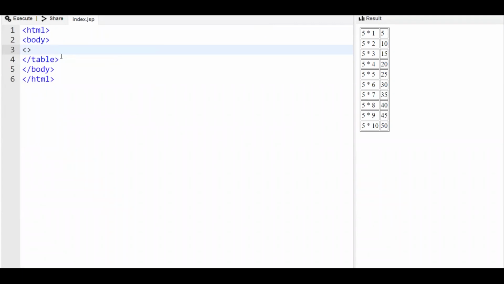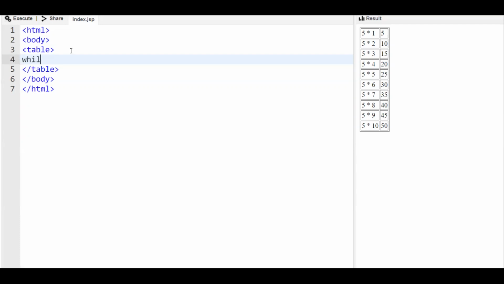In order to look at how while looping can be implemented in JSP, we shall take one more example. In order to print a number, its square, its cube, from 1 to 10, we shall print it.